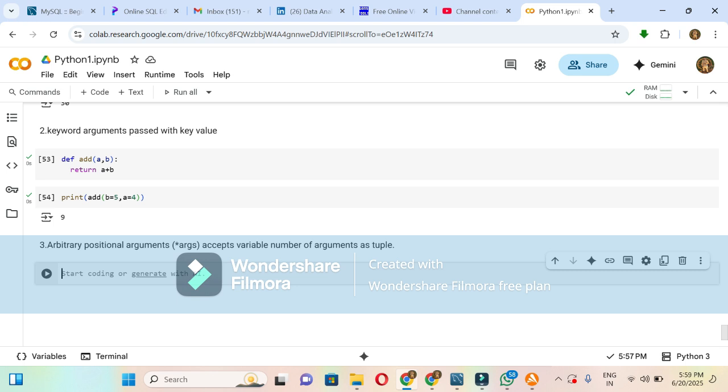Here, it will collect all the arguments which are passed from the calling function in a single variable, and it will store them as a tuple. Let us see this concept with an example. def total is a function name. These are arbitrary positional arguments